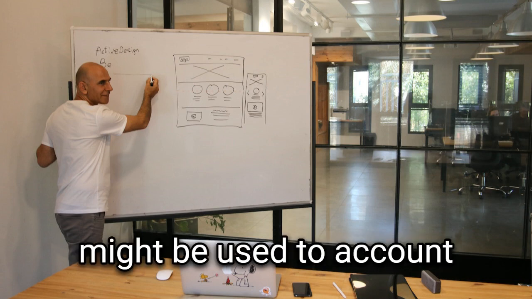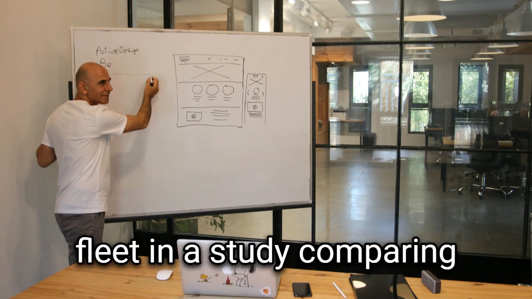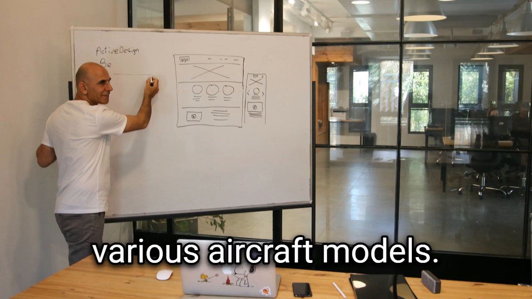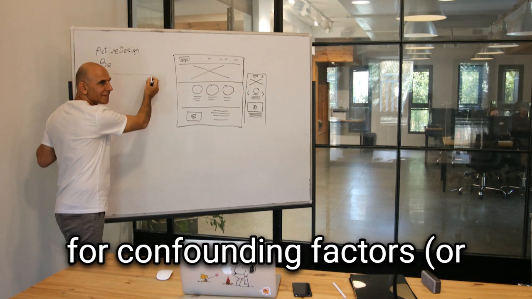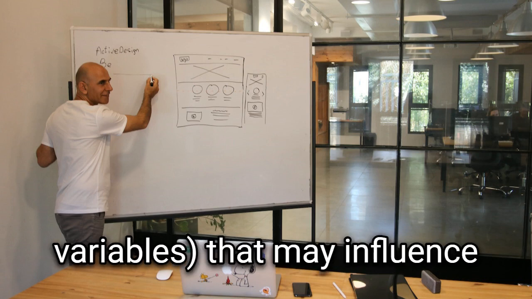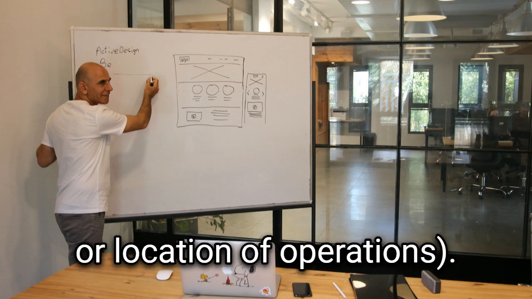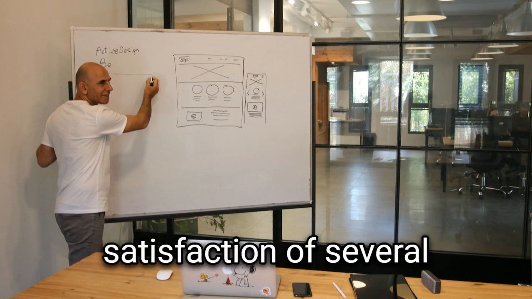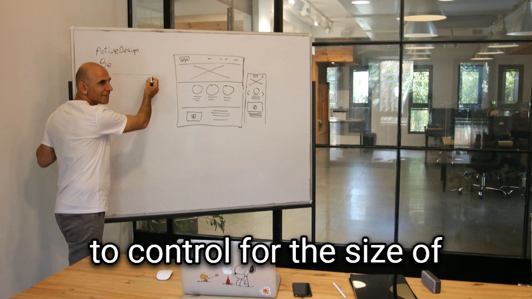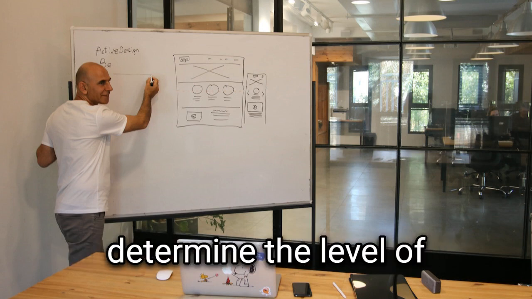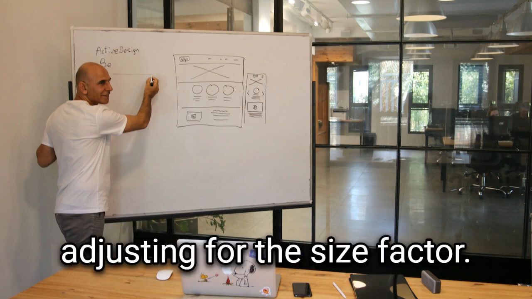For instance, ANCOVA might be used to account for the age of the aircraft fleet in a study comparing the fuel efficiency of various aircraft models. ANCOVA is useful in the service sector for controlling for confounding factors that may influence the dependent variable of interest, but are not the primary focus of the study. A study on the consumer satisfaction of several service providers, for instance, may use ANCOVA to control for the size of the customer base and determine the level of customer satisfaction for each service provider after adjusting for the size